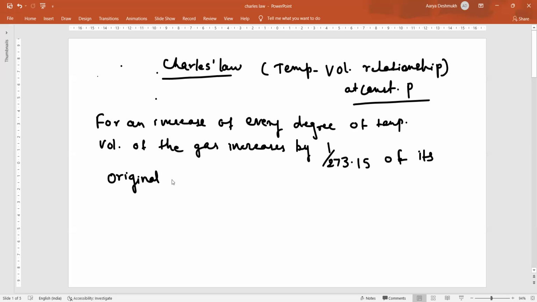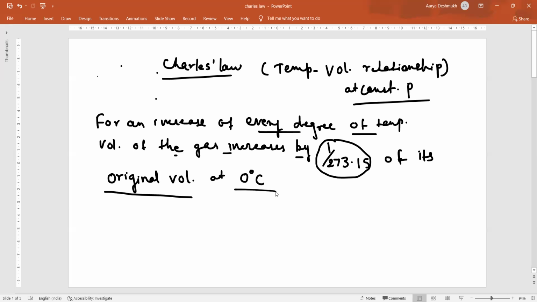whatever the volume of the gas, and if you increase the temperature of that gas with the rise or increase of every degree temperature, the volume of that gas will increase by this much amount, 1 divided by 273.15 of what? Of its original volume at 0 degrees Celsius. At 0 degrees Celsius. This is important again. Means what? If you say